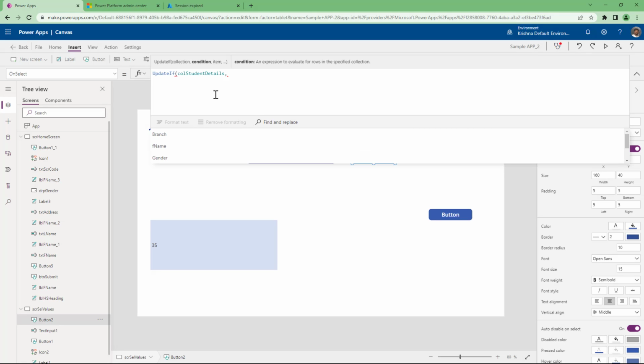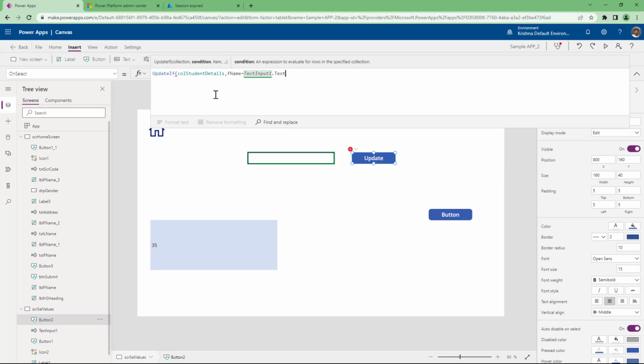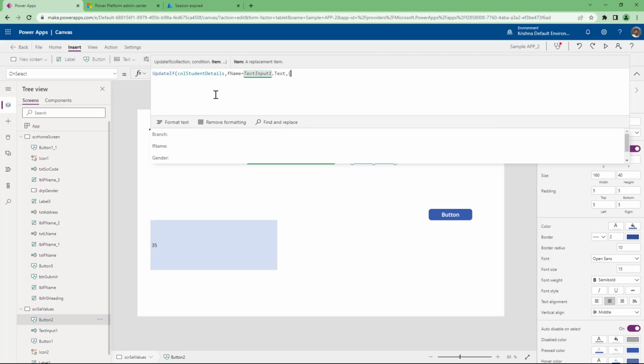What is the condition I need to validate? FName equal to TextInput1.Text, then update FName to